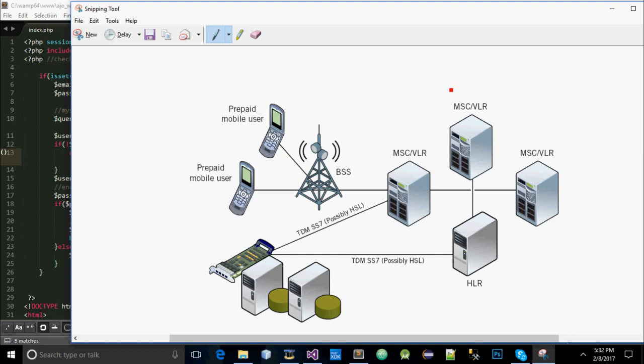The way it works, you have your user, that's the mobile subscriber, somewhere here. A user gets a code, dials it, and when that code is dialed, assuming it's *123#, it undergoes a lot of processes, and it goes through the BSS, which is the base station, can be the tower, and it undergoes through other